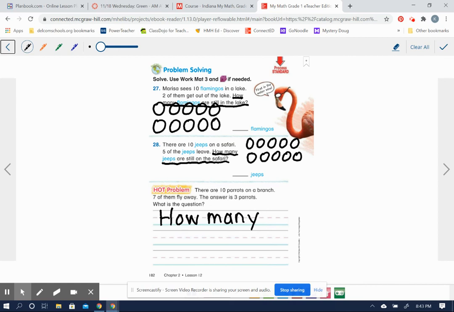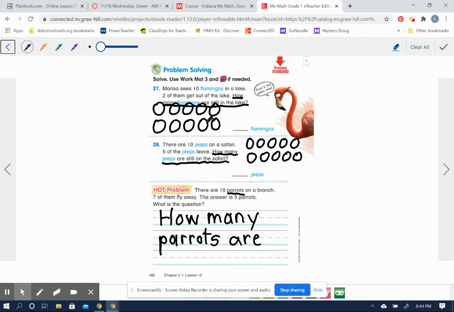What are they talking about in this story? There are 10 parrots on a branch. 7 of them fly away. The answer is 3 parrots. So what's the subject that we're talking about? How many what? Yes, how many parrots? And how many parrots what? How many flamingos are still in the lake? How many Jeeps are still on the safari? How many parrots are